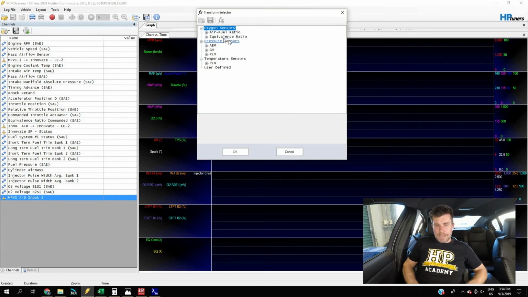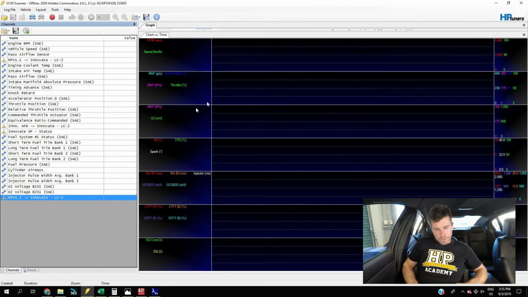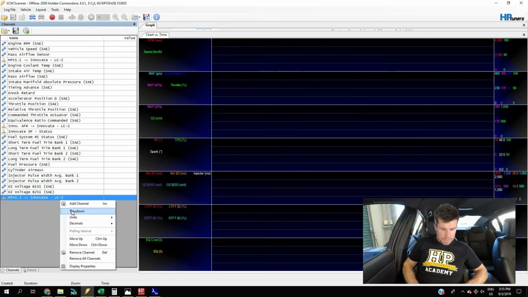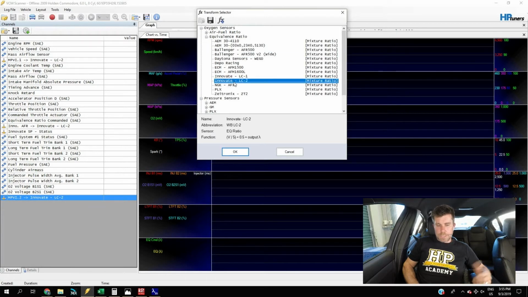So the obvious option here is if we go up to our air fuel ratio, our equivalence ratio sensors, and we can select from a predefined set of inputs. In our case, our LM2 basically shares the protocol of the LC2, so we can double click on that. Actually, I shouldn't have done that. We'll bring our transform back up. Just before I do that, I just want to show you. So if we click on LC2, the important point here is that it shows the function of how it's going to convert a voltage into an output in terms of lambda. So it's going to take the voltage, divide it by 5, and then add 0.5, and that's going to give us our output in lambda units.